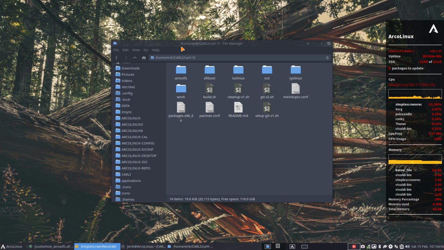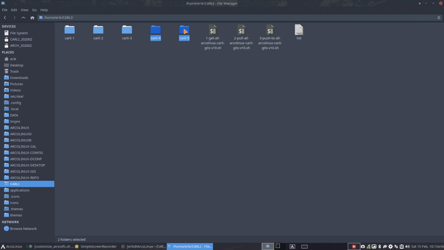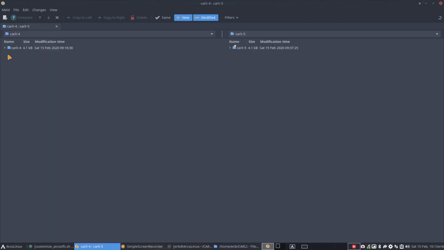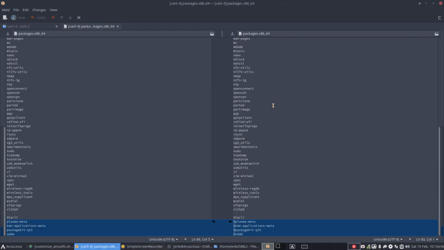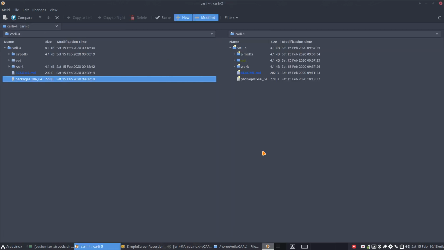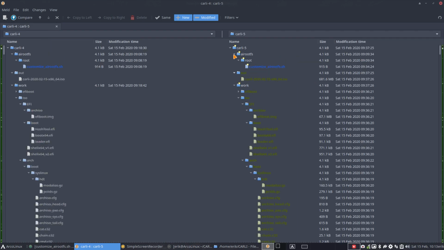Alright, Kali 5 has been created, but let's first undo the things that we had to do to compare both our ISOs, the ArcoLinux of February and Kali 4, right? So we have made changes in here in the Kali 5. We cannot compare with ArcoLinux if we have Plasma installed. So Plasma is back in. I'm gonna save this. Kali 5 is including the Plasma again, and there's still one more to do, and that's